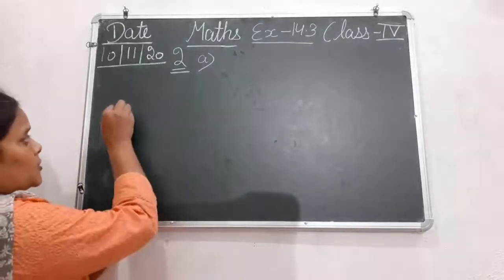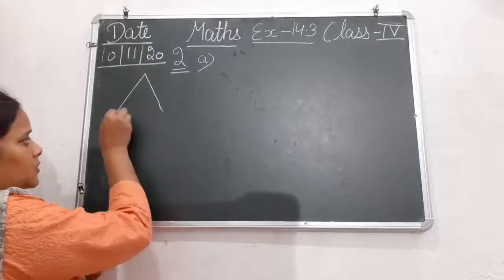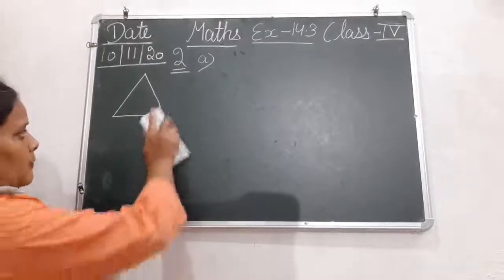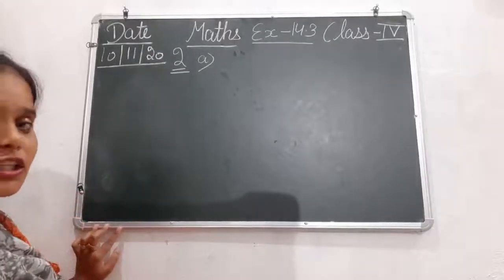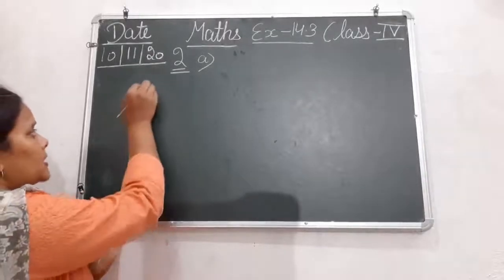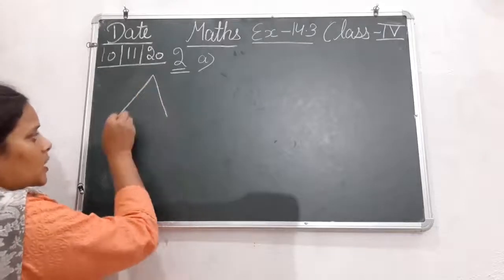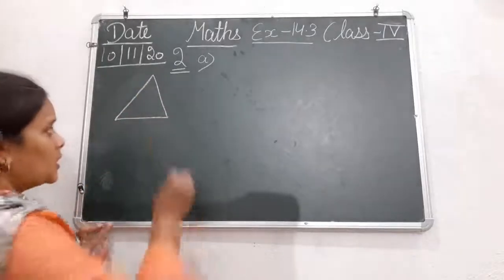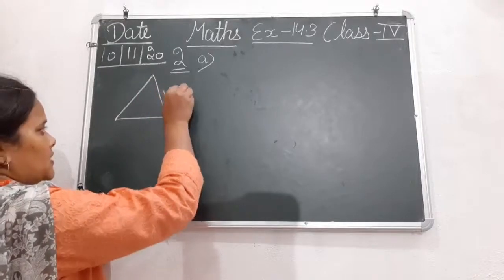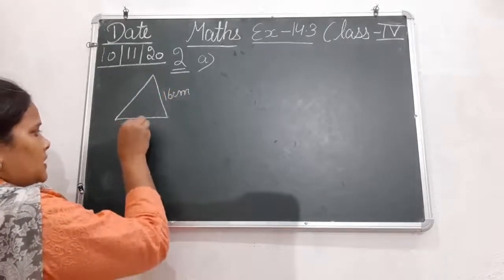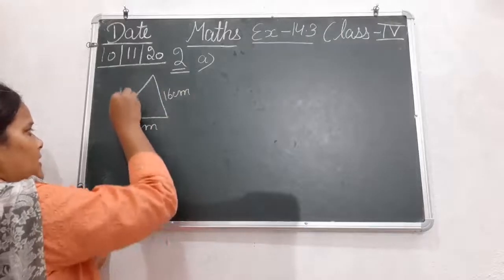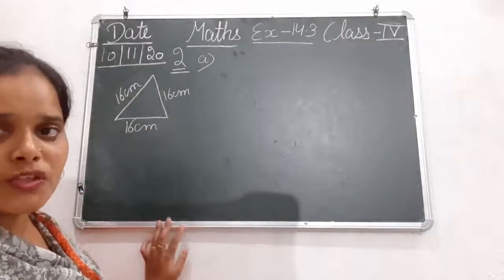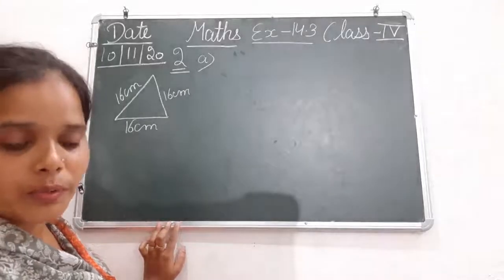Okay, so I'm just going to draw the triangle here. This is a triangle. देखिए अब already sides इसकी दी हुई हैं, तीनों की तीनों equal हैं. तो ऐसे बनाएं कि जैसे लगे कि तीनों साइड इसकी इक्वल हैं. ओके, this is the triangle. Now 16 centimeter, 16 centimeter and 16 centimeter. This is the measurement that is already given in your book.